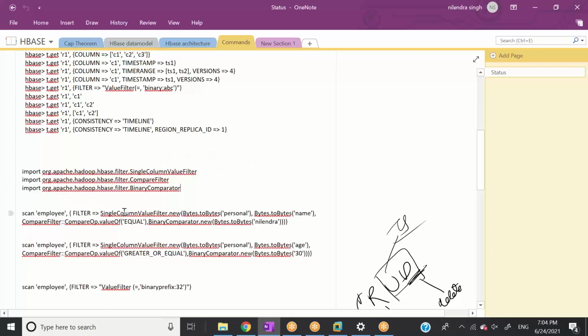So what I'm telling HBase here is, please scan this full table and filter on the name column, from the personal column family. And the value of this particular column should be equal to, let's say, Nilendra.